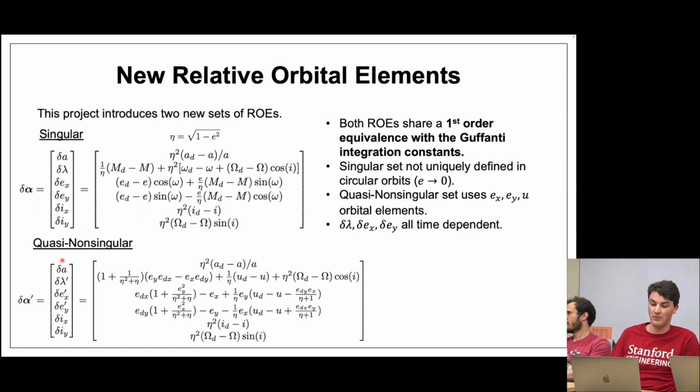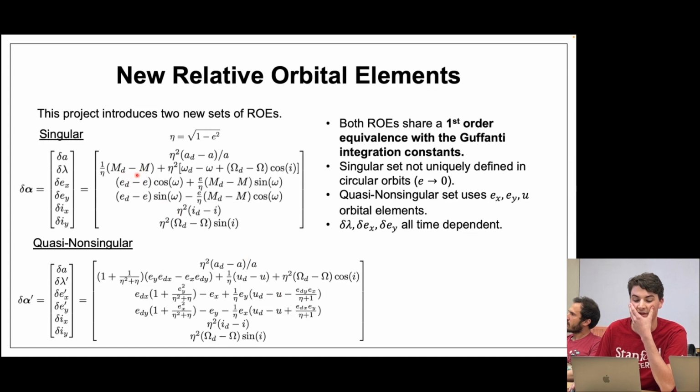The quasi-non-singular one is a little bit more complicated. We'll talk about the advantages and disadvantages of each of these in a little bit. But one advantage of quasi-non-singular is that it's universally applicable as long as your eccentricity is less than 1. And another interesting property of both of these is that you can see that the mean anomaly or mean argument